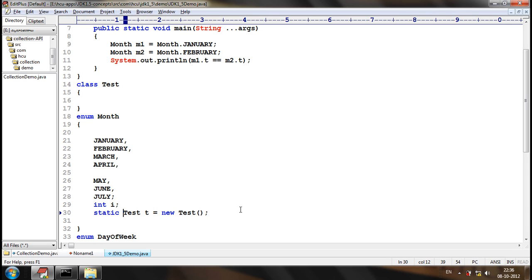Even an enum will have a static area, or a class area, to store the static members. Okay? Except for enum constants, the remaining behaviors will be the same as for a class. So always, enum objects will share the common static member.